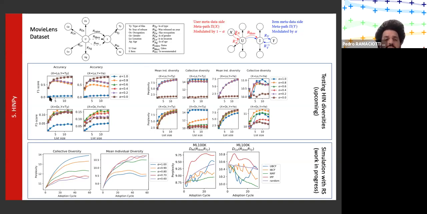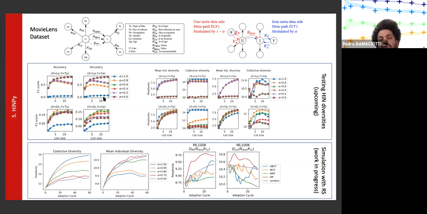And here you would test, for example, the F1 score, depending on the number of things on the list you recommend to people. So in here, for example, is the accuracy, the F1 accuracy, if you use location and type of film for your two meta paths, and modulating which weight to give to each one of these paths. So here, for example, these are very poor recommendations if you use occupation and type, but if you use location and type,